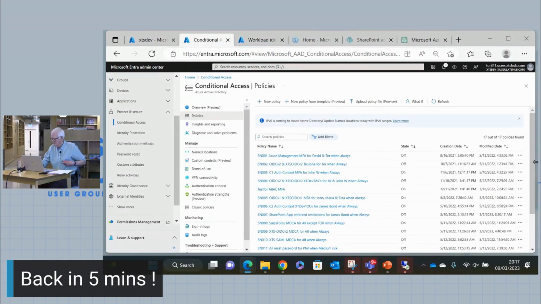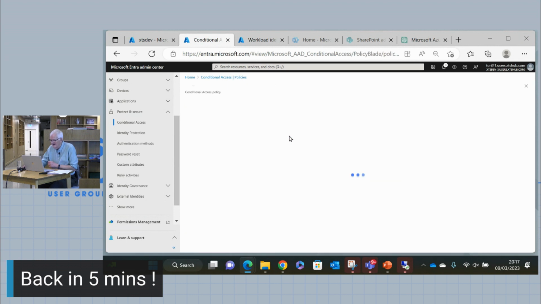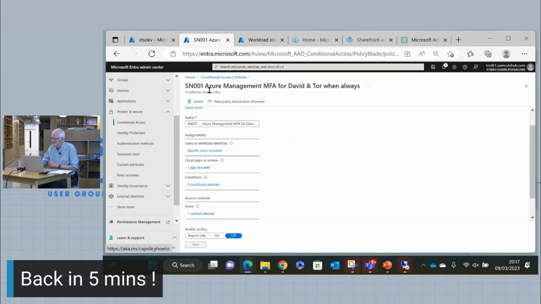Now, the really, really important thing with conditional access policies is name them sensibly, right? And you want to really be able to read what the policy does, right? So for instance, this one here, I put the application first. So Azure Management, so that's my application. MFA for David and Tor, when, always, right? So you just make it really descriptive. As I say, I use individual users in my dev environment just so I understand which users are going to be affected by this policy. But obviously you'd be using groups